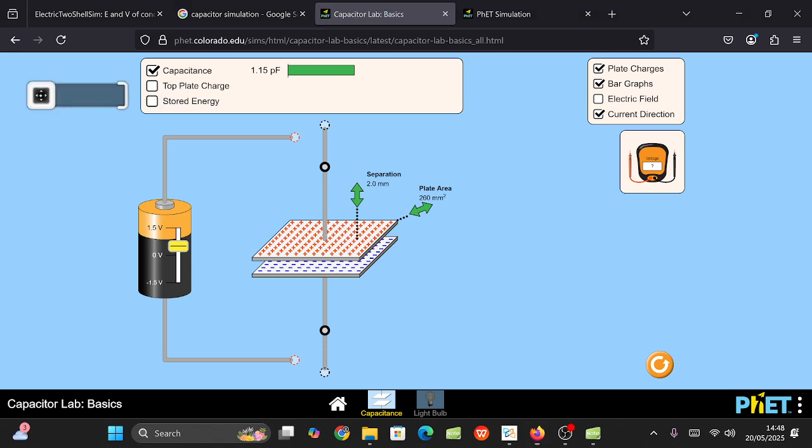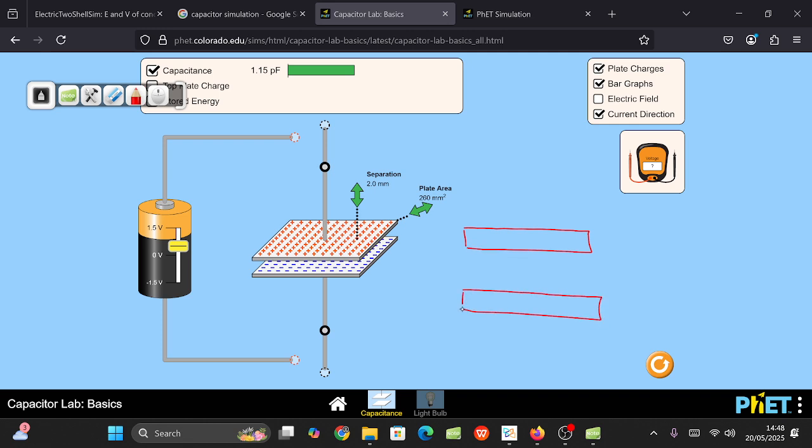So if you look at the charge distribution of these plates, if I give them some thickness, this is how it will look. Here we have all the positive charges and here we will have negative charges. Here there will be zero charges basically, because both the plates will have equal and opposite charges.